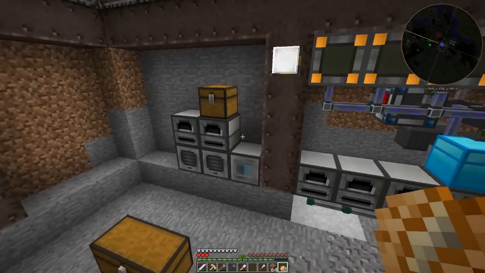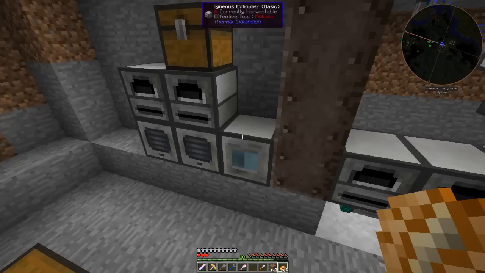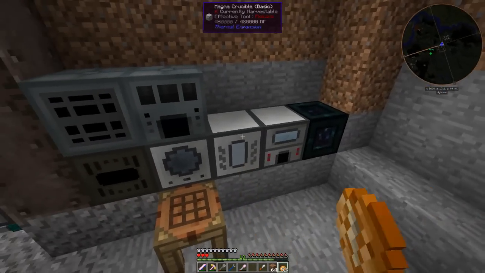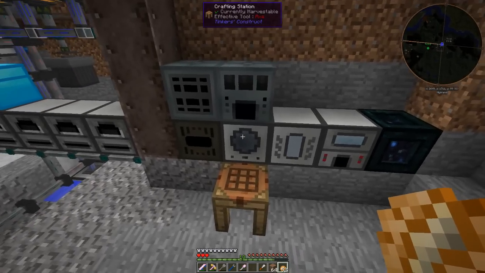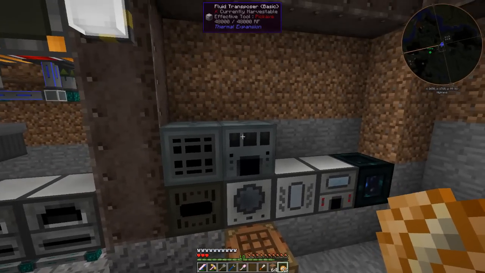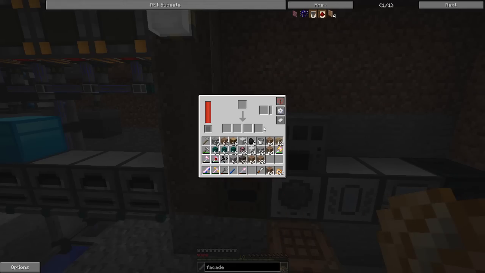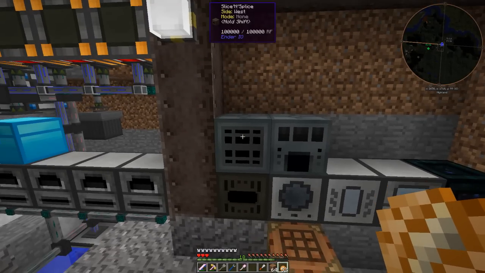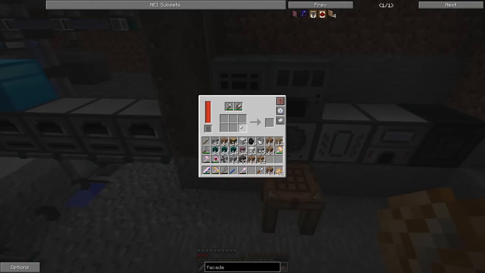I've got some machines around here. I made the standard thermal expansion machines to get some stuff done. The induction extruder there, or the igneous extruder. The induction furnace, the egg crucible, fluid transposer. Made some Ender IO machines, and they're kind of neat. The alloy smelter I already had, the sag mill I already had, for grinding up quartz. Then down here is the slice and splice machine, which we used to make some of the machines